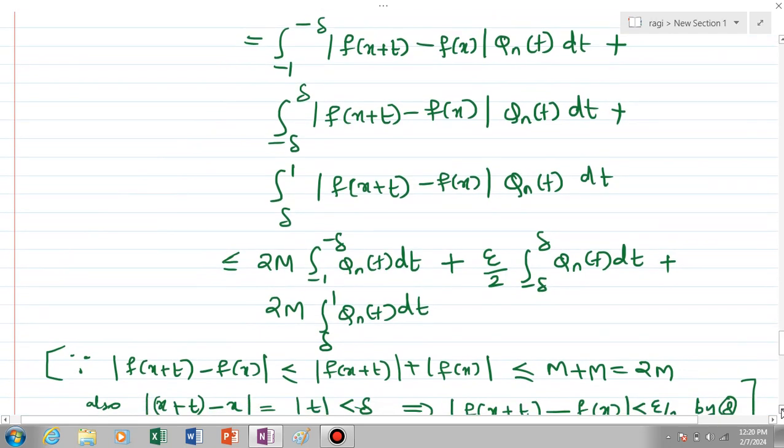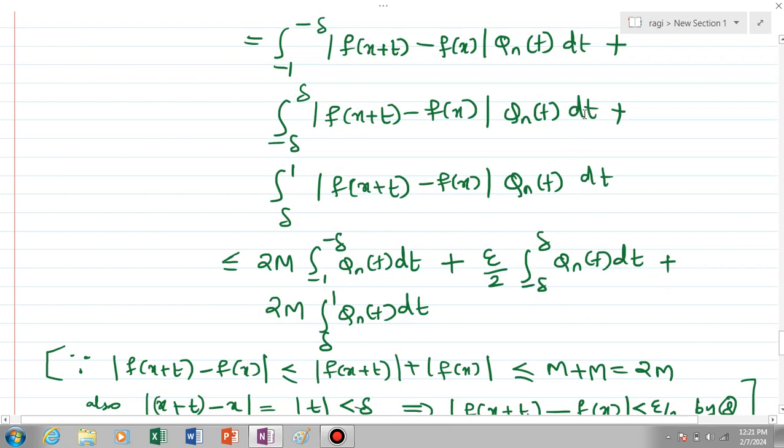plus t minus f of x, that is less than or equal to, by the properties of the modulus function, we can split it as less than or equal to modulus of f of x plus t plus modulus of f of x, and being m the supremum, we can write this is less than or equal to m plus m, that is equal to 2m. So in the first and third integrals this inequality is applied, and in the second integral